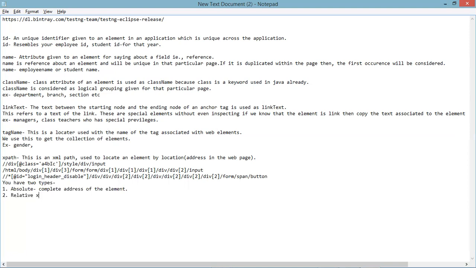Relative XPath is where you write the XPath in reference to a field which is identifiable in the parent hierarchy.